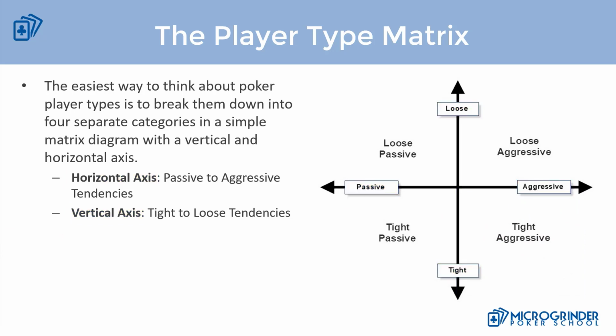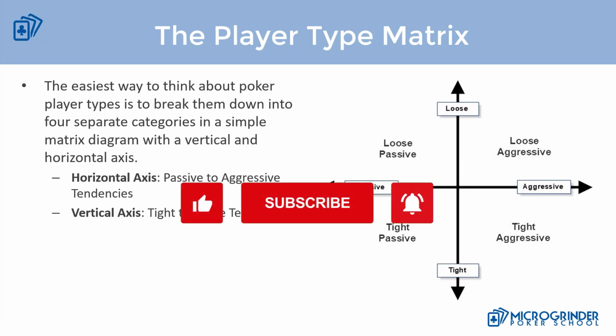So just think about this player type matrix as we're going through the lectures, as we progress in this section, as you progress in this course, and also whenever you play poker. Just think about your opponent being passive or aggressive, or tight or loose. And when we start talking about specific player types, this is going to help you understand why we categorize them into those specific areas. And when we talk about why certain things are good and certain things are bad, you're going to understand that as well. So that's going to conclude this